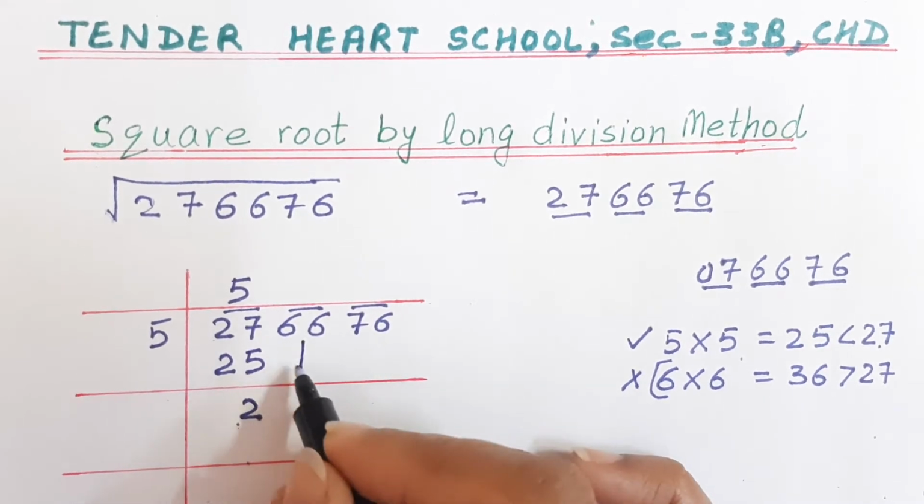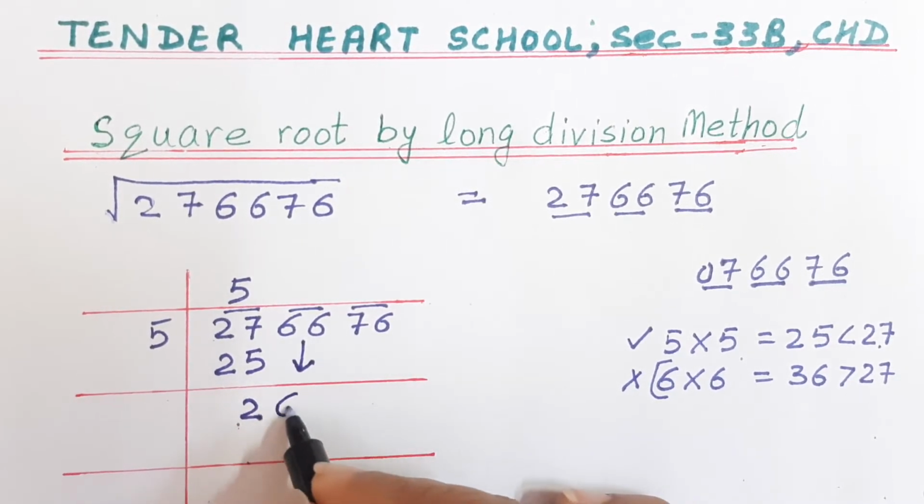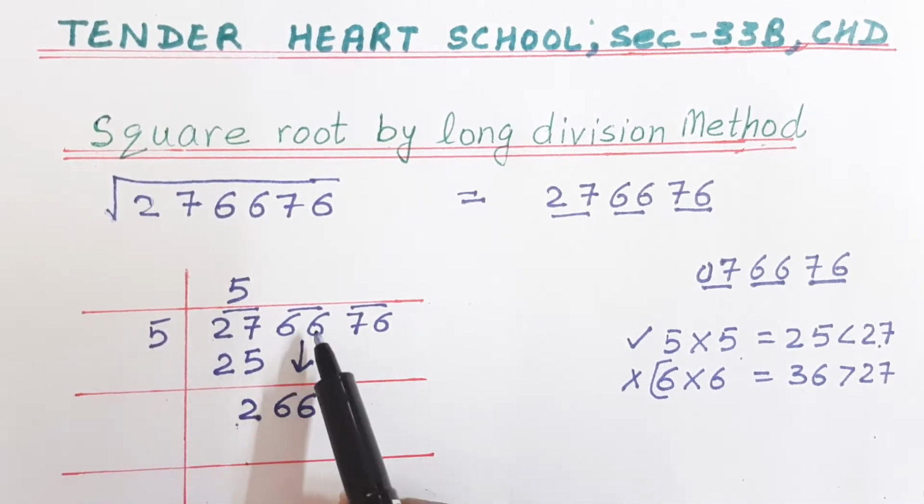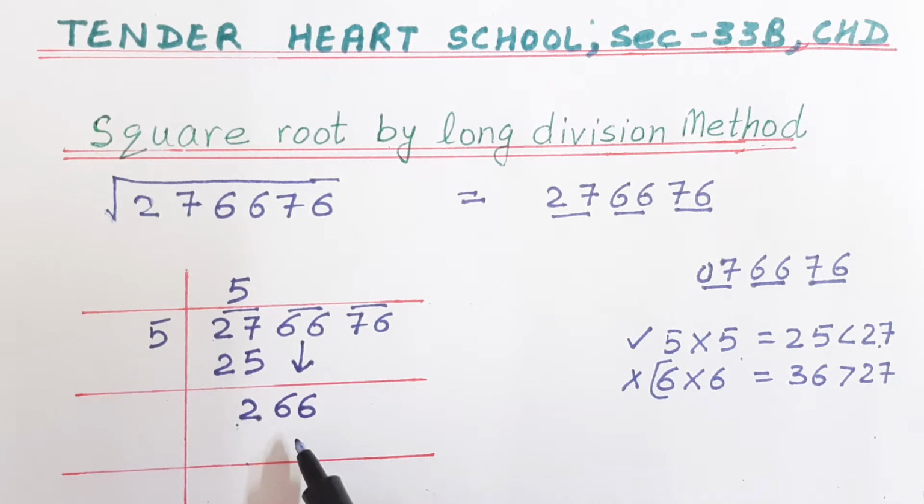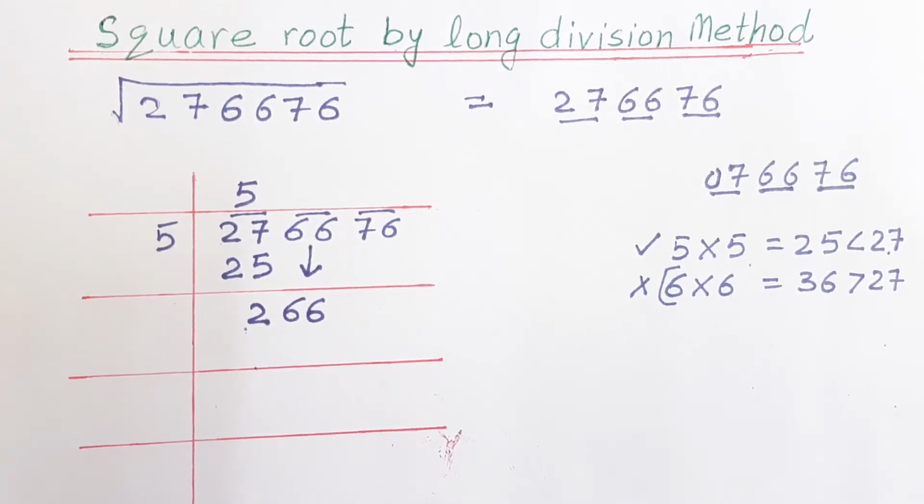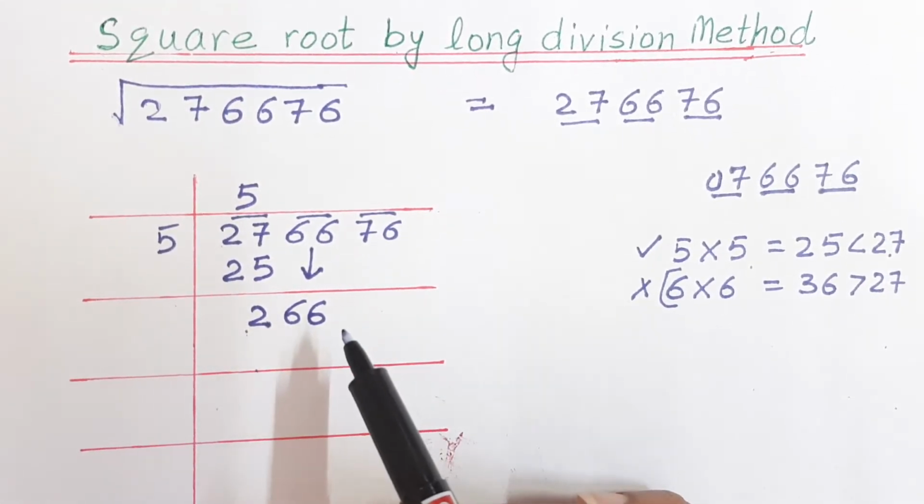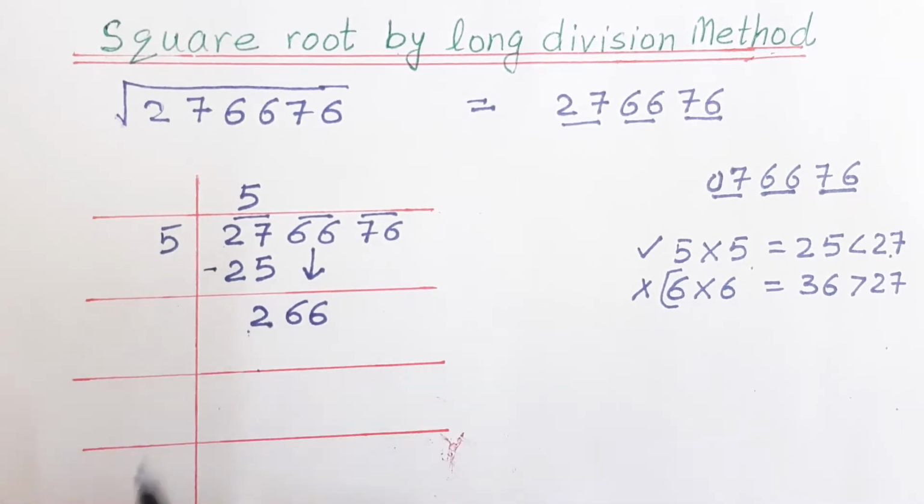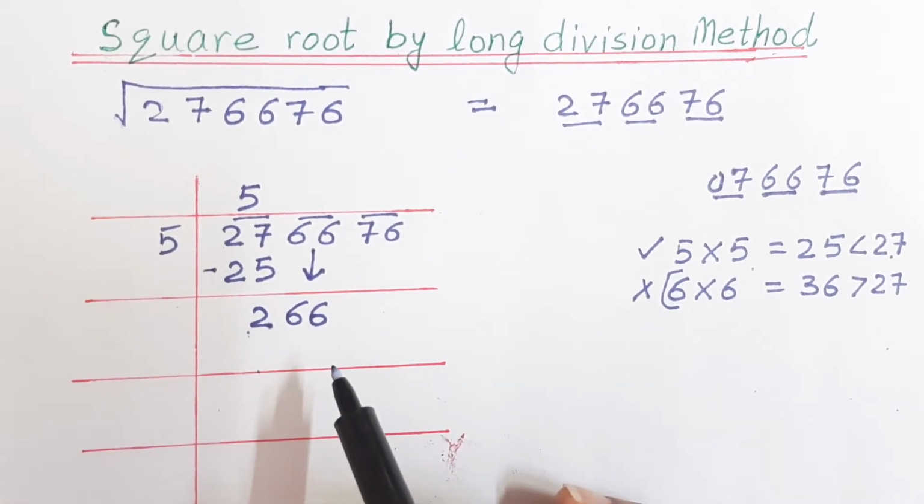Now let's take the next pair, that is 66. Students, remember we need to take the numbers in pairs only. I hope it is clear till here to everyone. Now let us follow the next step. Now children, in the next step, after we have subtracted this, what we have to do is